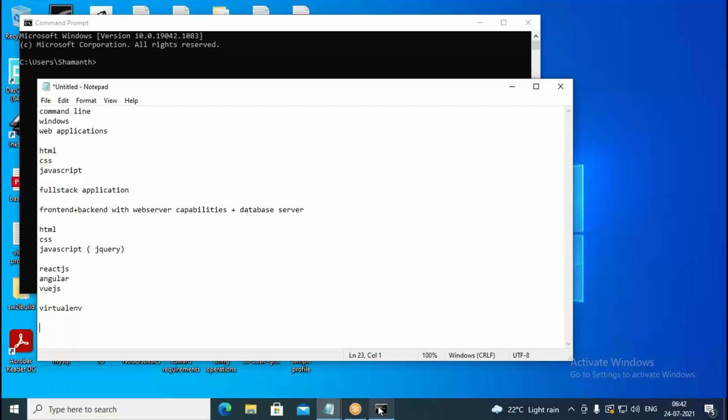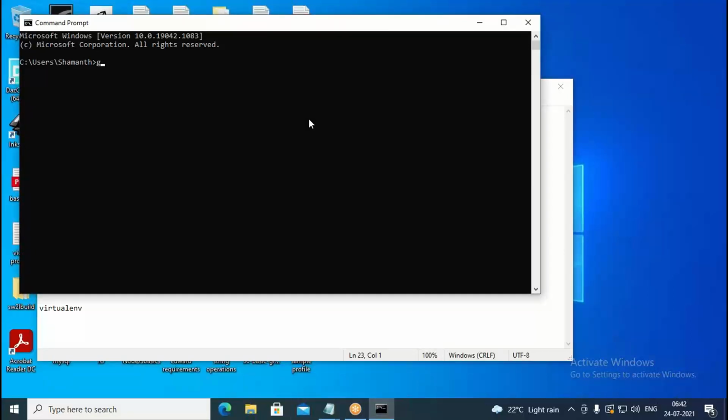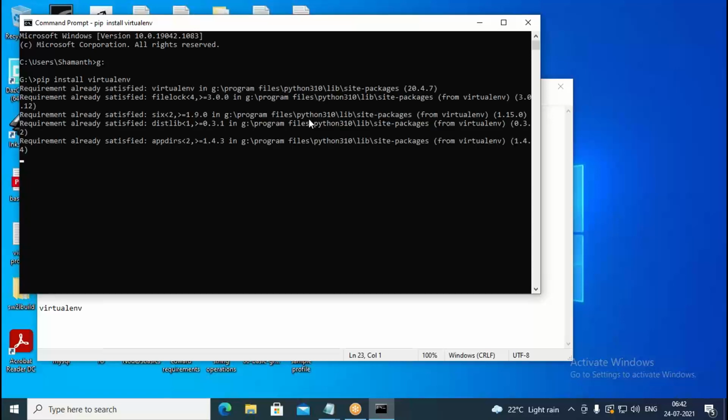Let us see. First of all, I go to the G drive. Then I say pip install virtualenv. So this is the virtual environment package I'm installing. It says the requirement is already satisfied, which means I have already installed virtualenv. Then I say md